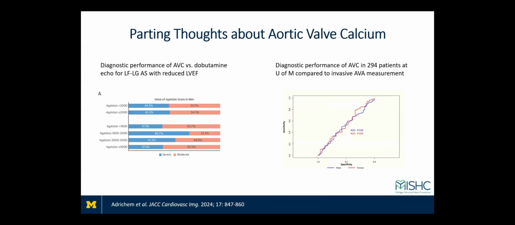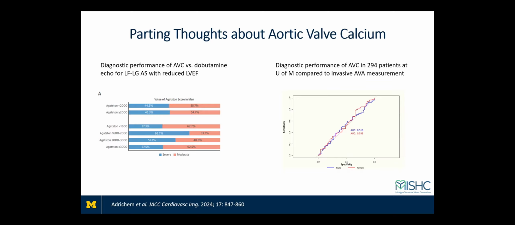And then finally, just some last remaining thoughts about aortic valve calcium score, because with the subsequent iterations of the valve guidelines, there's an even stronger focus on using aortic valve calcium to confirm the severity of aortic stenosis. But there's also